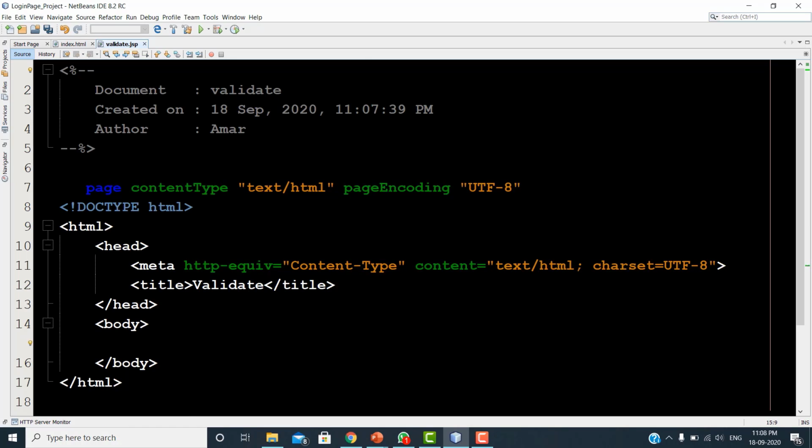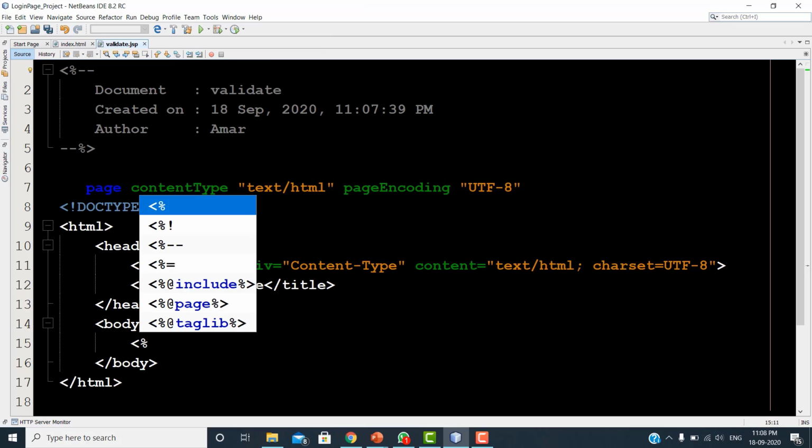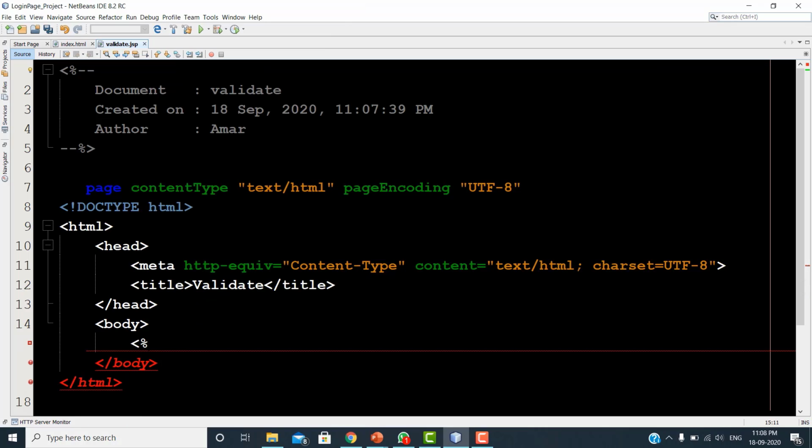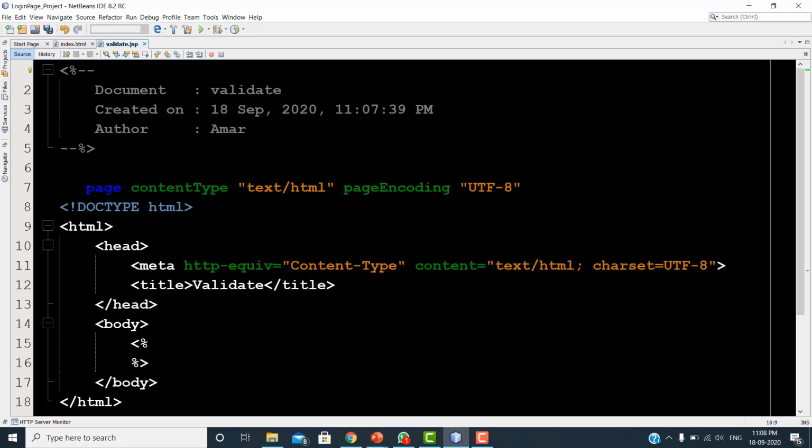The code for the validation. For that I'm using the scriptlet tag. Open scriptlet and close scriptlet. So there, first I'm taking the String user equal. How do we get that information? For that we are using the request dot